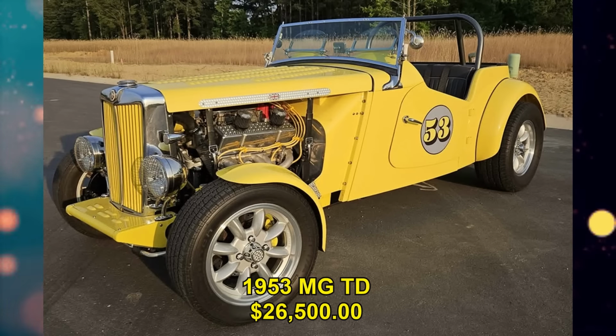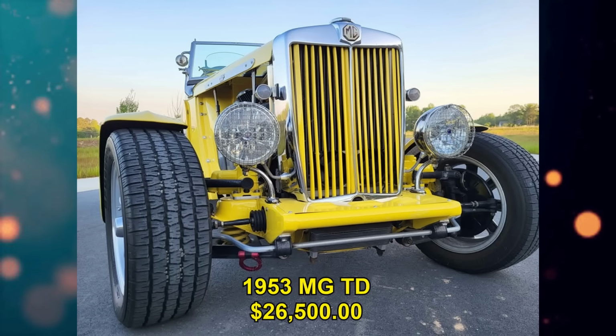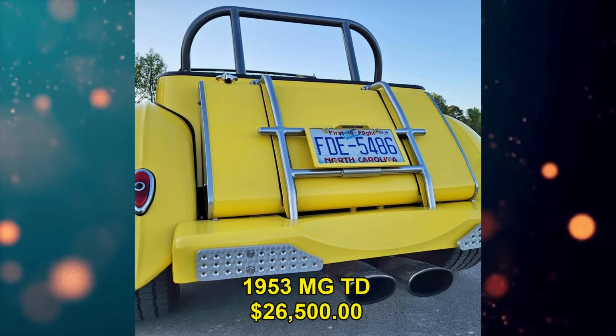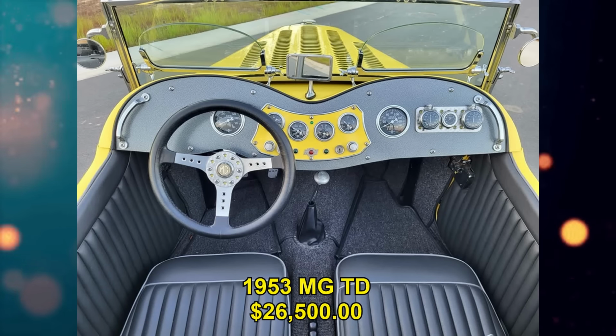And up next, we have this 1953 MG TD, listed for $26,500 US in Fuquay-Varina, North Carolina. It's been driven 300 miles, has an automatic transmission, clean title, and from the seller's description: 1953 TD with 327